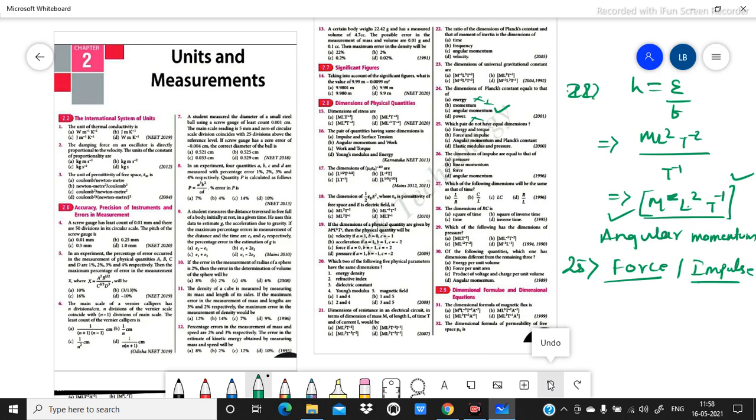Number 26 is saying the dimension of impulse is equal to dash. So impulse, what is the formula of impulse? You know that it is force into time. Force into time is impulse. And what is the dimension of impulse? The impulse dimension is nothing but